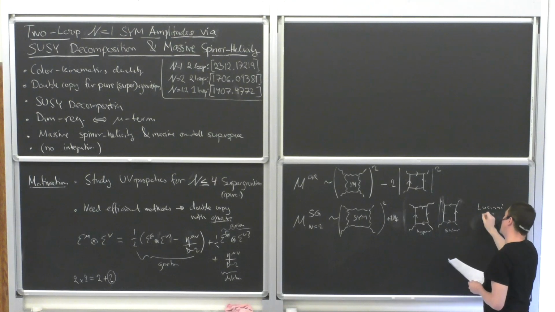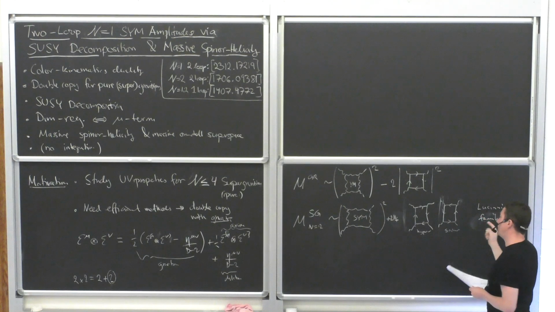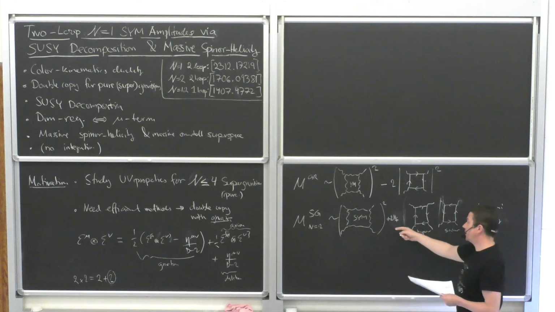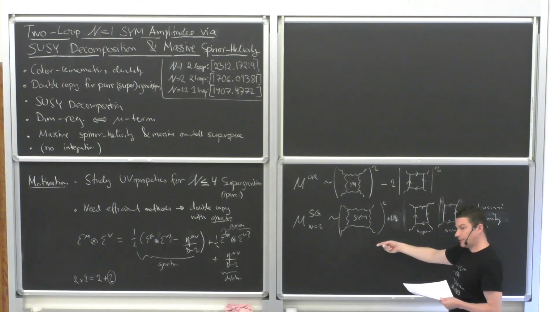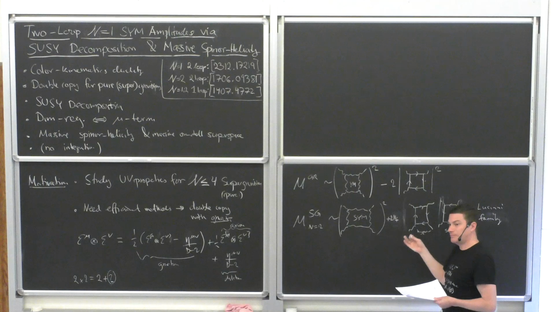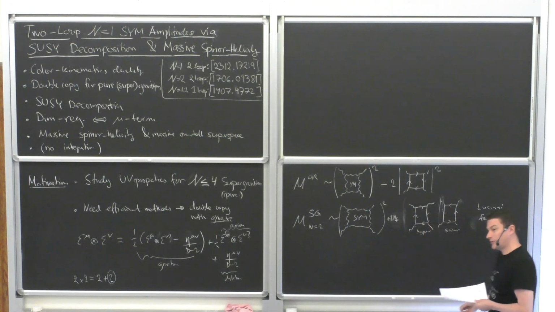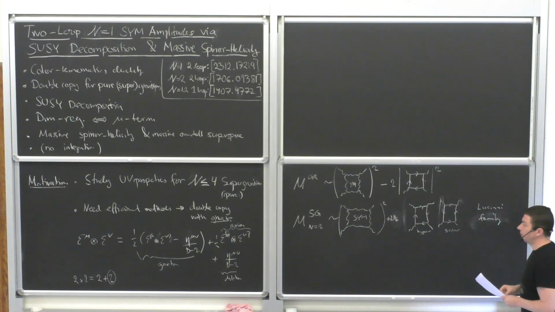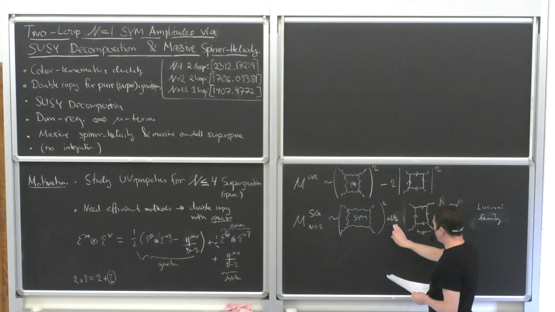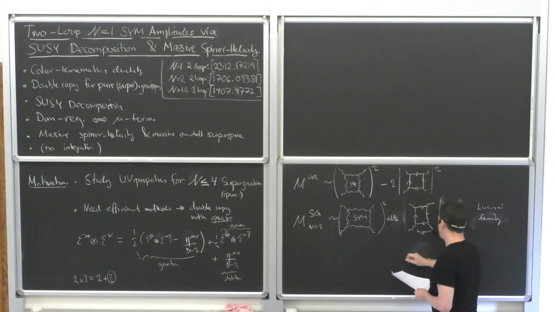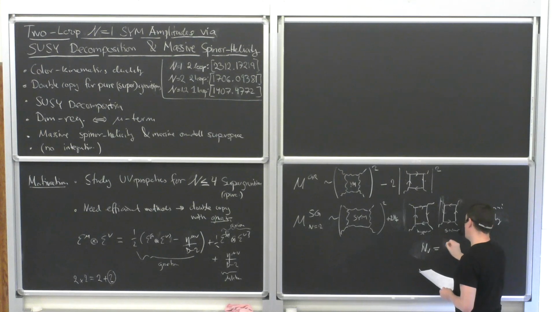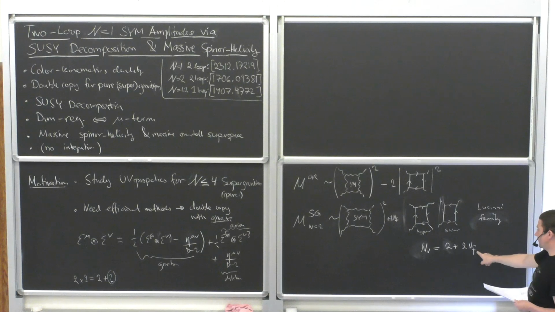...or Luciani family. So it's a family of vector multiplets coupled to gravity. It's basically the vector multiplets minimally coupled to supergravity, n equals 2 supergravity, and this is part of this family. So now, I put an F here, but the number of vectors is really 2 plus 2nf. So you see that if I actually plug in -1 here, I get 0 vectors.